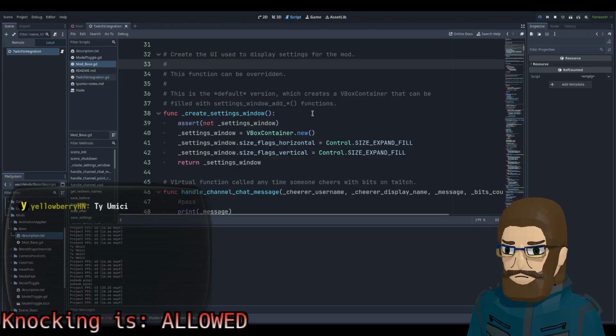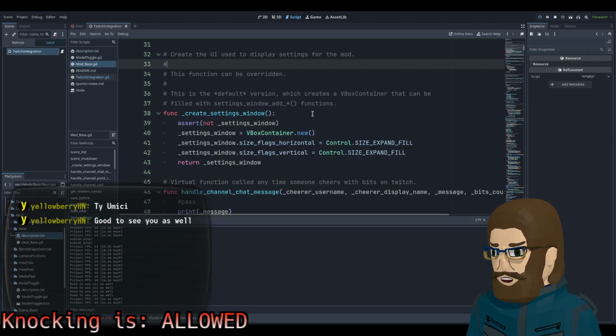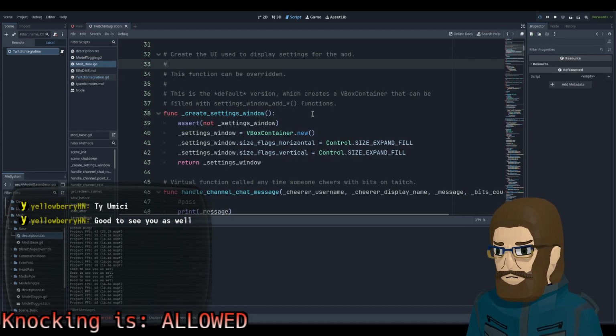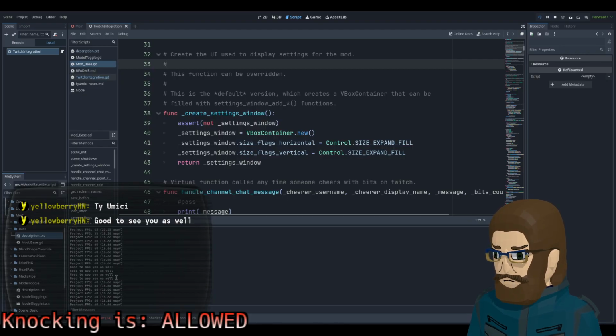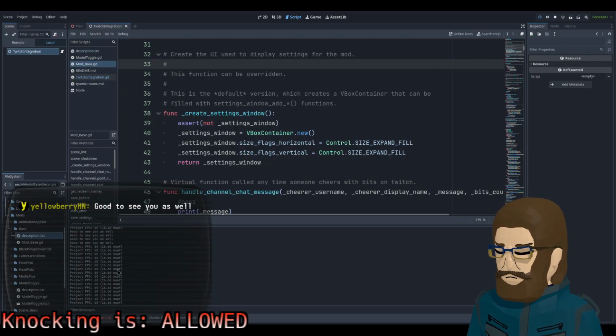We're kind of just reading Snek Studio code because I'm not super familiar with it, and we're going to try to get chat into the application on screen. You already see it in here. Like you see, good to see you as well, 4 times. I don't know why it's doing it 4 times. I think maybe we have multiple connections open somehow.